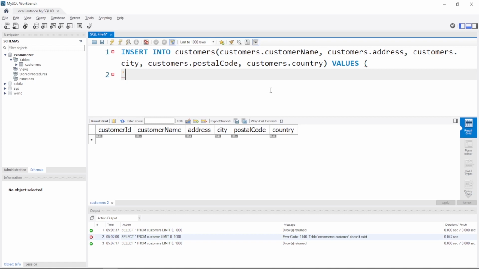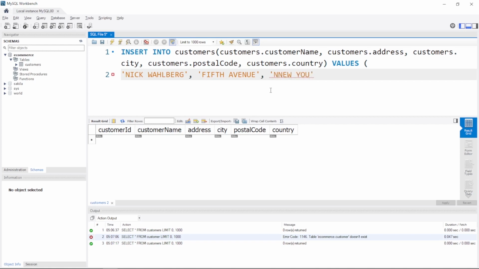let's go to the next row, and strings should be within quotes. So let's add our first customer here, Nick Wahlberg, comma, and the rest would be 5th Avenue, and I always forget to add the quotes, followed by comma, and then